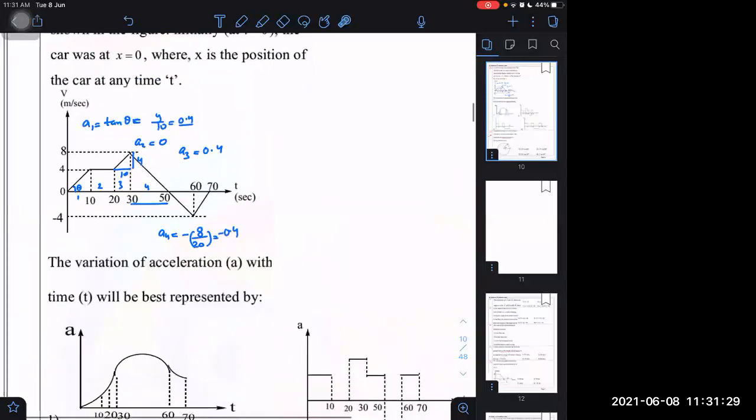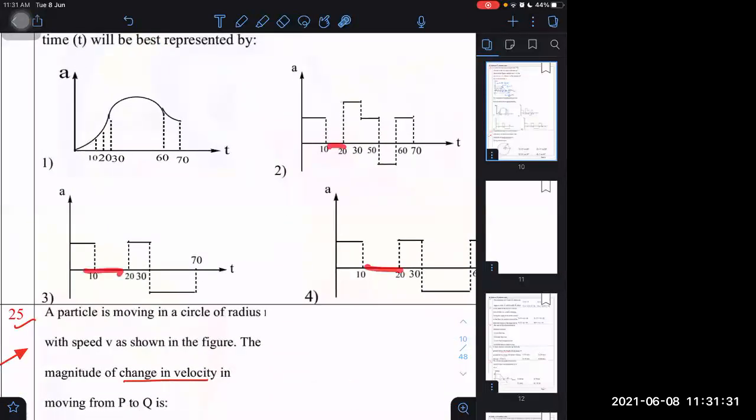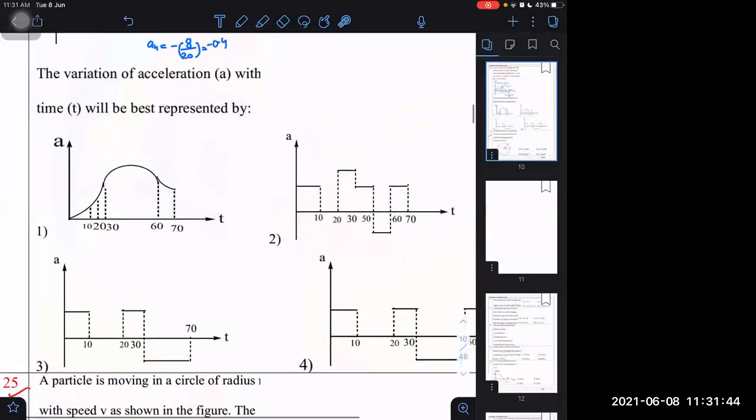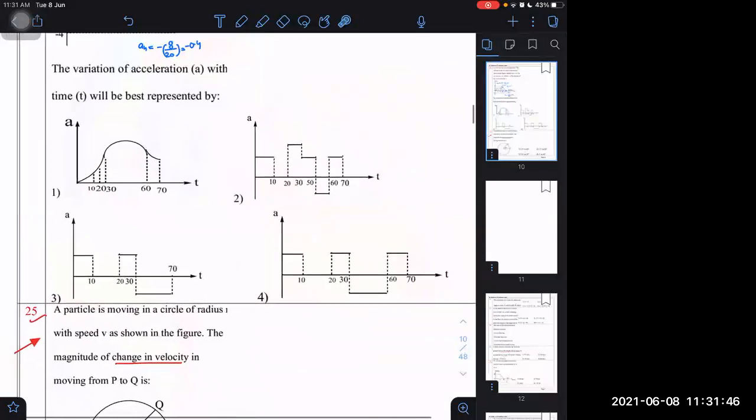10 to 20, 0. In all the cases, they are giving 10 to 20, 0. But definitely this is not a graph. We don't have a variable acceleration graph. We have a constant acceleration graph because VT graphs are always in parts. Those are always in straight lines. So the AT graph will not be like this. It is not possible. Then which is possible here?